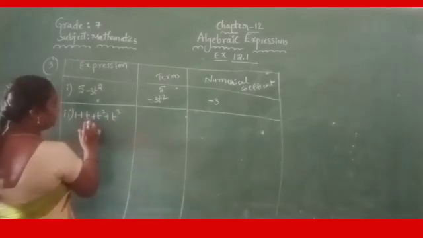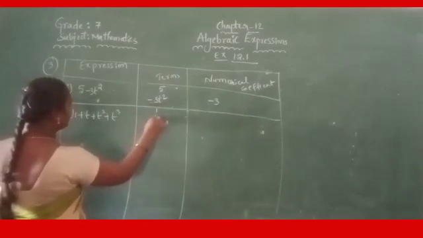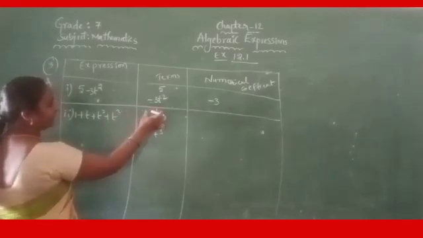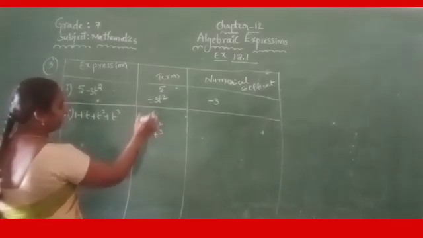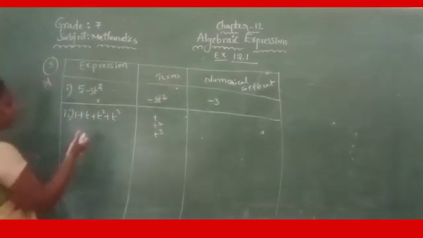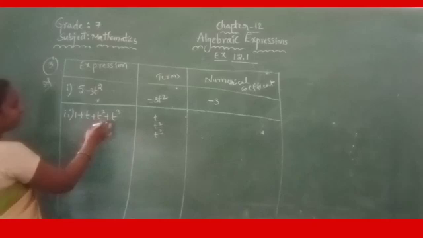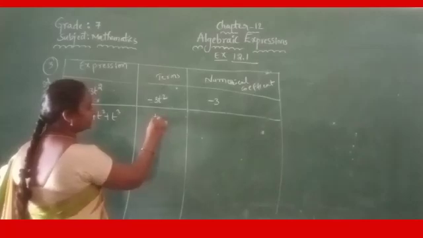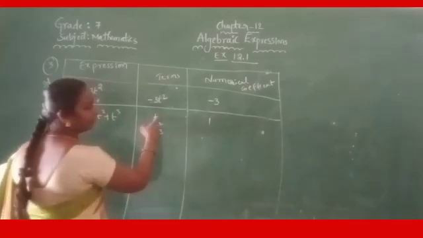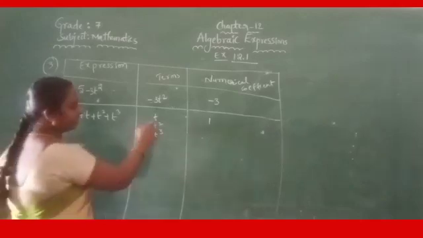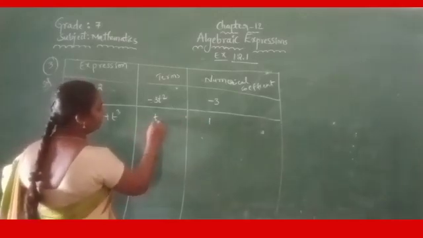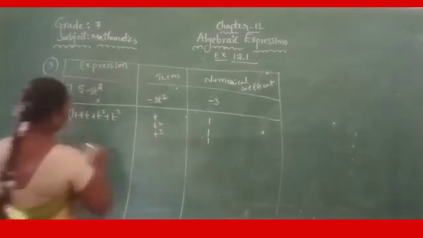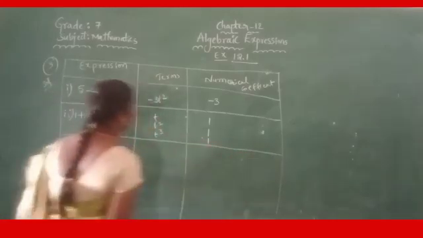Here the terms, actually, there are 3 terms here: 1, t square, t cube, but he said not constant, so that's why here don't consider the constant. Here the terms are t square and t cube. What is the numerical coefficient? This t is multiplied by nothing, so that means it has 1. Here also 1. T cube also 1. So the numerical coefficient is 1.